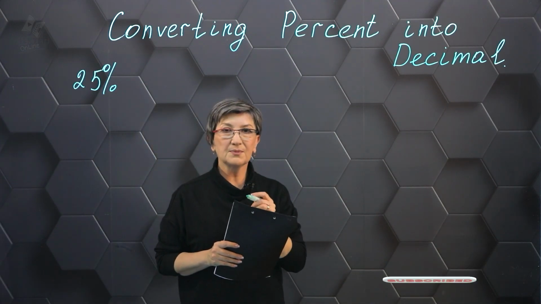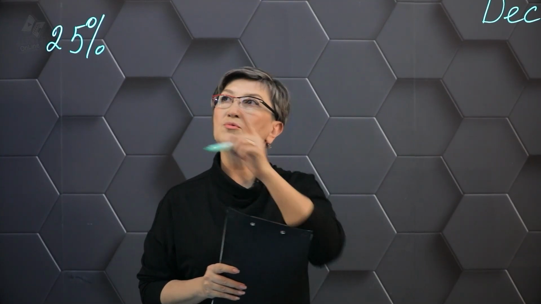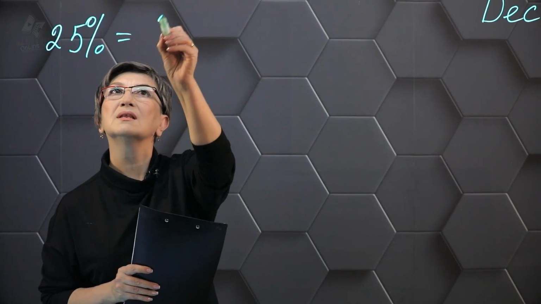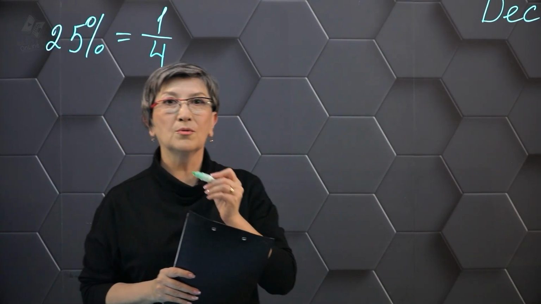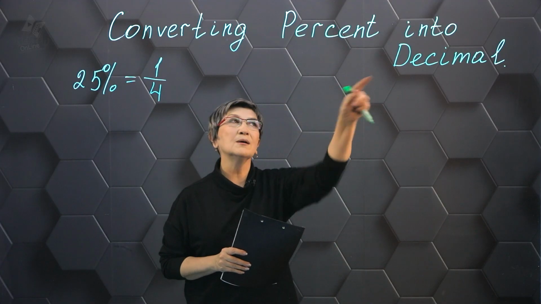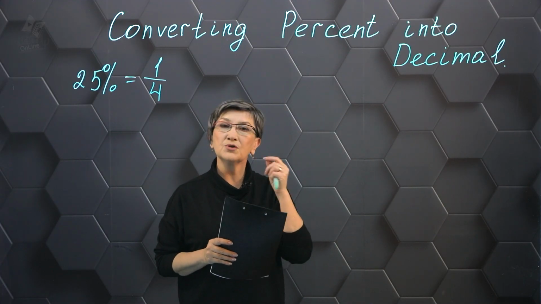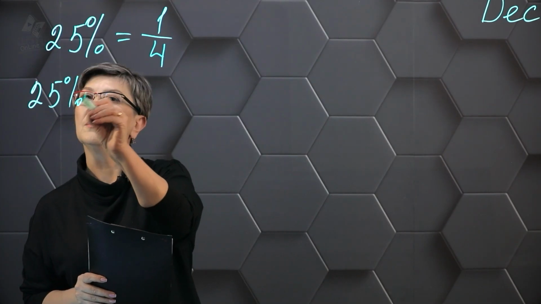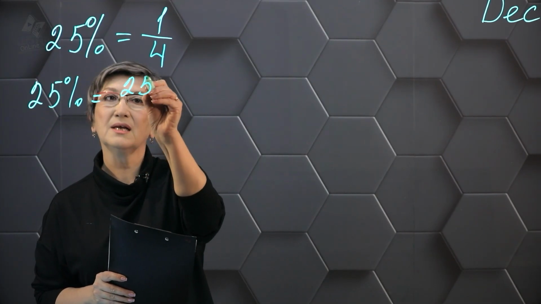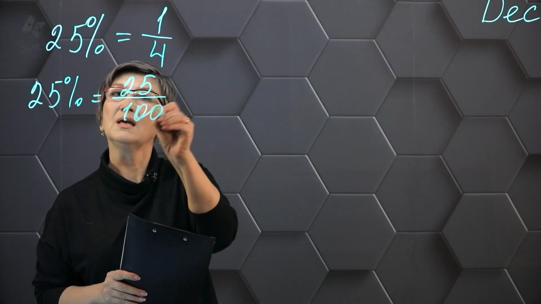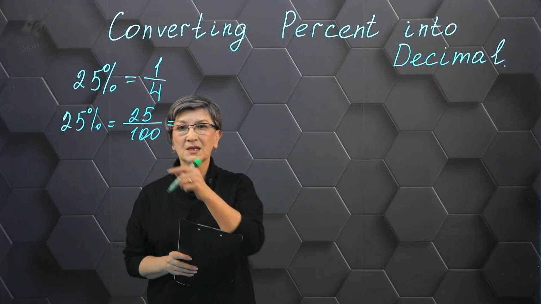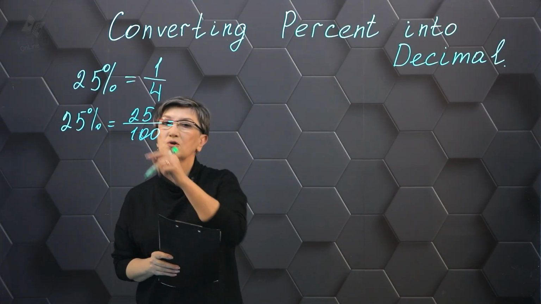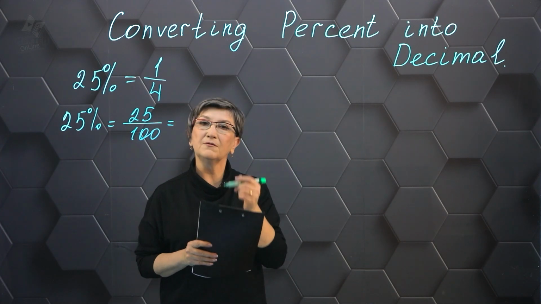So, 25%. Now, in this case, of course, we can write 25% as an ordinary fraction. As a fraction, that is, it is 1/4. But we need a decimal fraction. So we're going to do it a little bit differently. We'll write 25% as 25 divided by 100. And then if we have a denominator of 100, then I can easily write our percentages as a decimal,